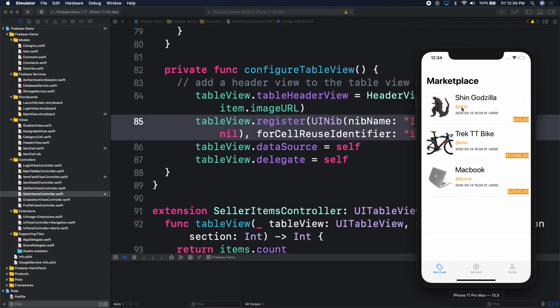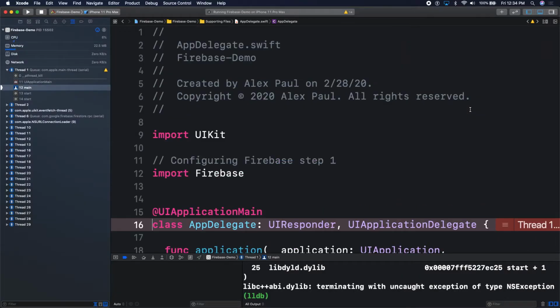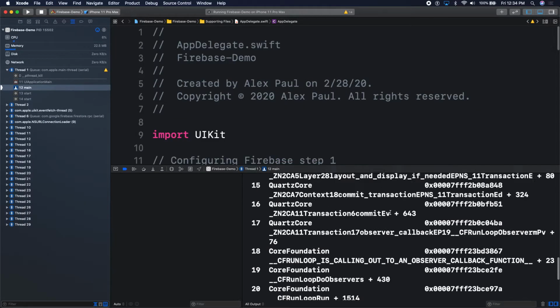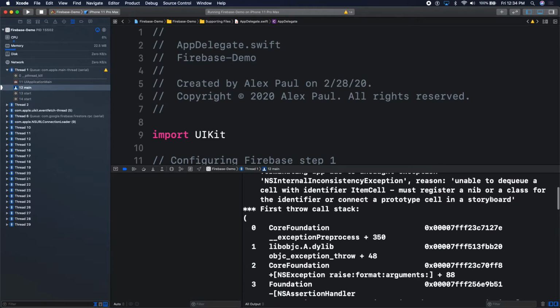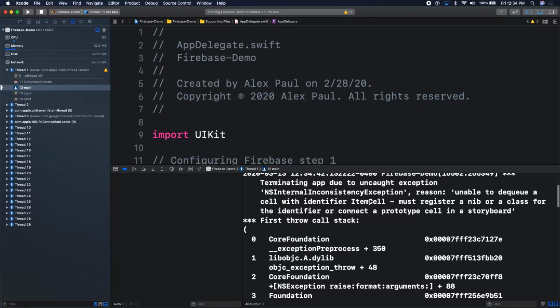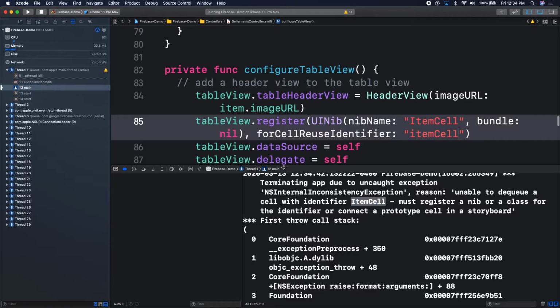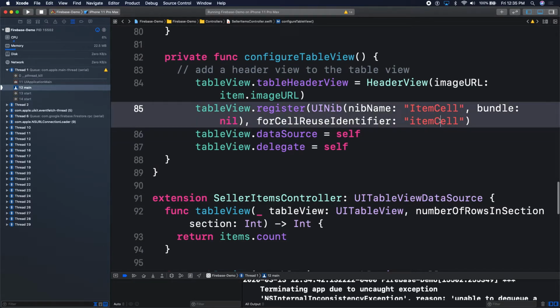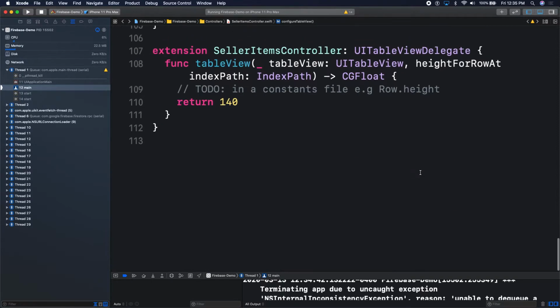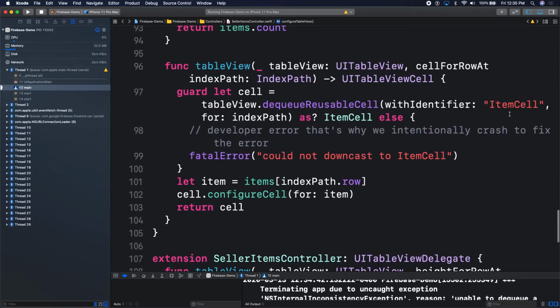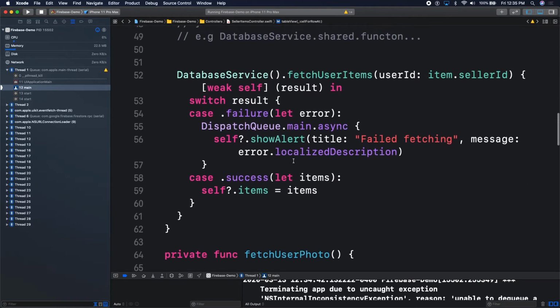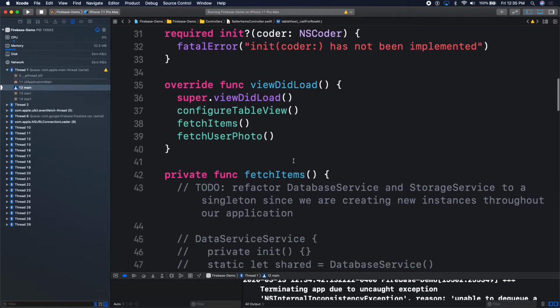So now I click on Shen, for example, and we still crash with some other error. Must register nib, identifier prototype cell storyboard, unable to dequeue cell item cell. Okay, let's see what's happening here. So item cell, down in our cell for row, we have item cell. I have item cell here. In our register,